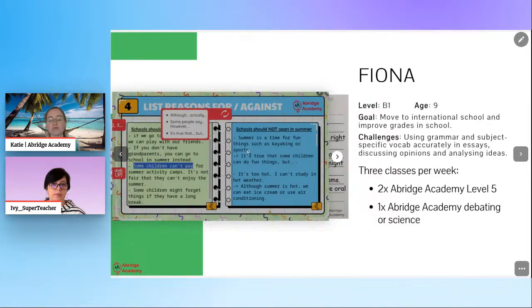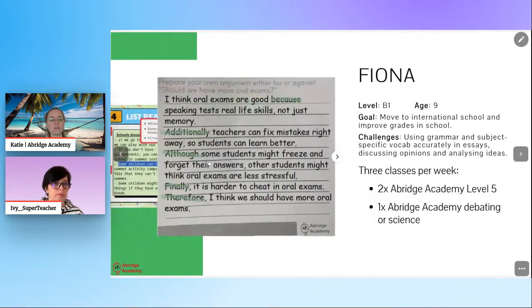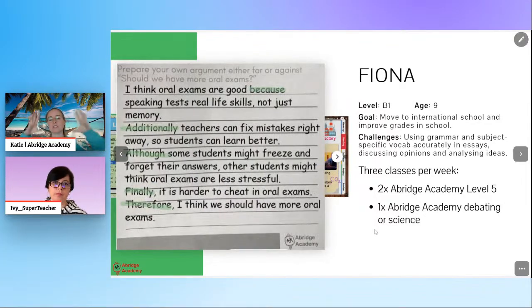And she would start by just writing out bullet point notes and then work on turning that into an actual written piece of text, as if it was that sort of argumentative essay. So it's using the pre-made resources of the debating lessons, but rather than just following the set structure of having a discussion and speaking around the topic, we're then linking into the writing aspect using the worksheets that are included with the curriculum to help with that.